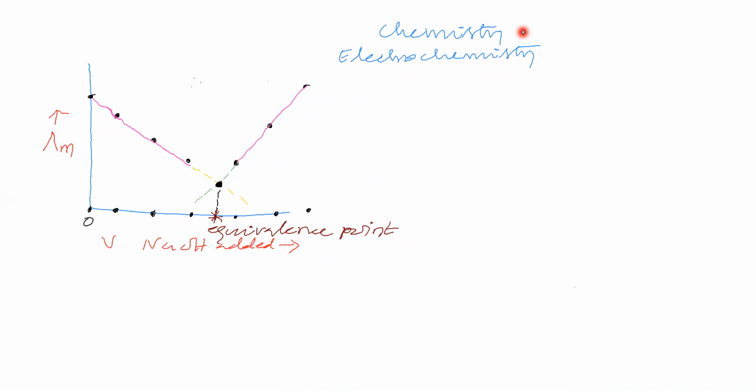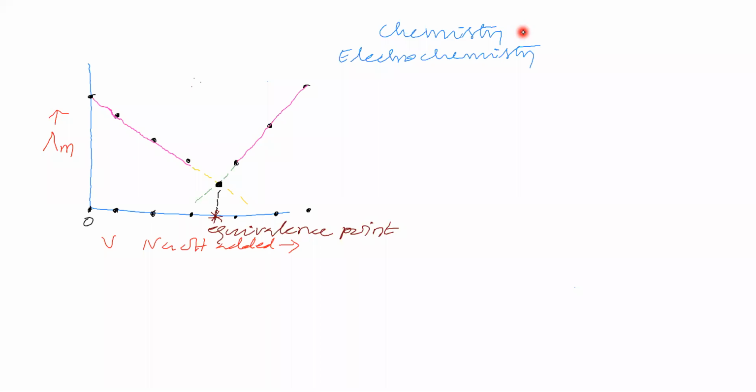Using this conductometric titration we are getting the equivalence point, but in laboratory titration we use an indicator. When you use an indicator, mostly we get only the end point, not the equivalence point. But in conductometric titration we get the equivalence point. Therefore, conductometric titration gives more accuracy compared with titration using an indicator. So in conductometric titration, we have seen strong acid versus strong base titration.